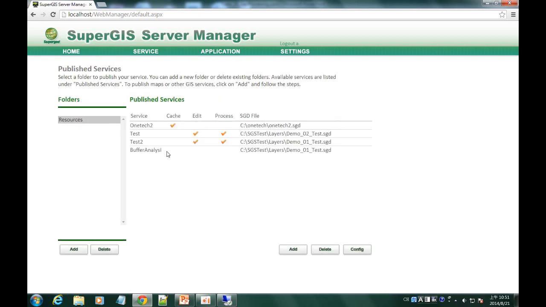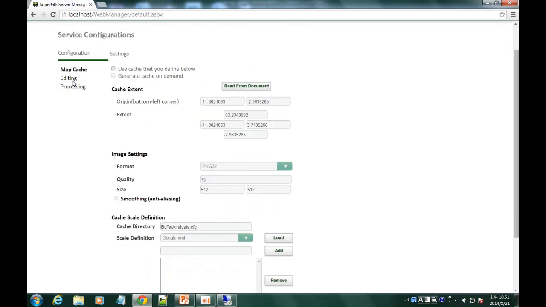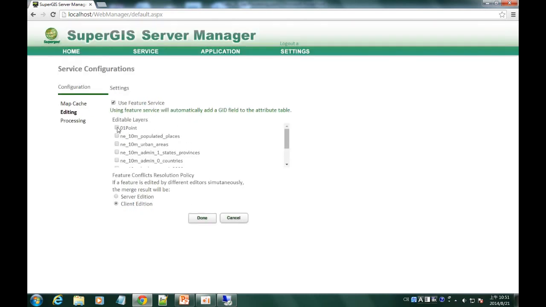So now you can see the service has been published, and now you can enter the config mode. It is very critical that you open up the feature service to allow the user to use the geoprocess. Since you're using your designed geoprocess, you have to open up all the feature service. The feature service actually allows the user to edit all the layers, which is very critical